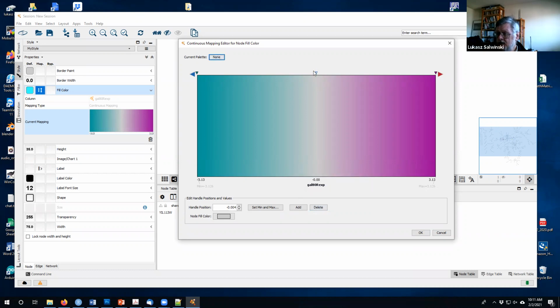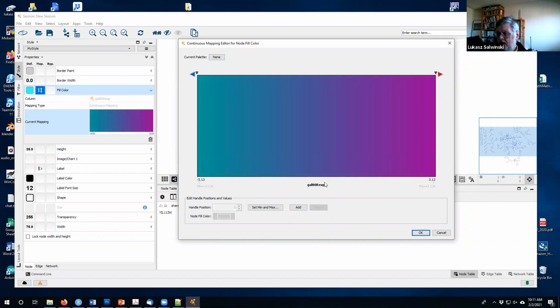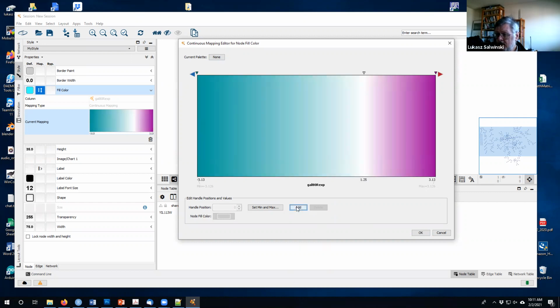And we can also delete the handle, delete this value here, and then if we delete it, now we're gonna have a different gradient, now going from the green to purple, but not passing through a gray, but passing through some intermediate purple color. So that's probably not good. So we can add another handle back,